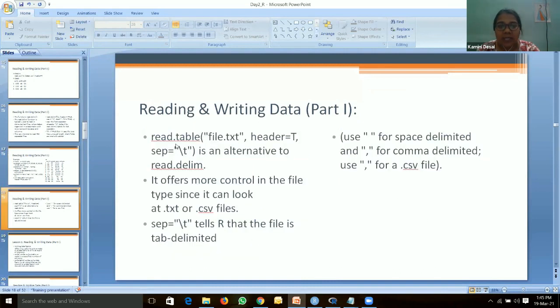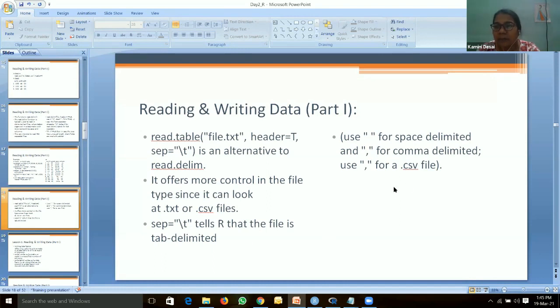So next is reading and writing data. read.table file.txt header is equal to TRUE. Just now we have seen it. It offers more control over the file type since it can look at .txt and CSV files. So sep equal to \t tells R that the file is tab delimited.